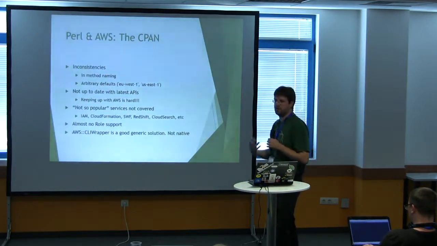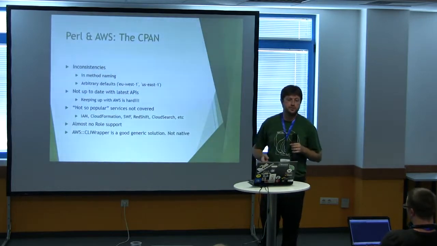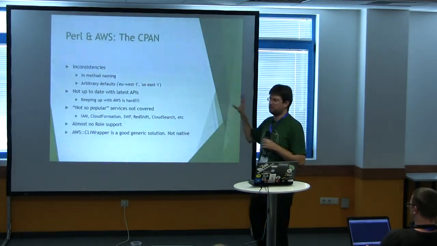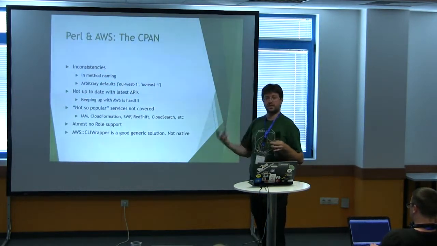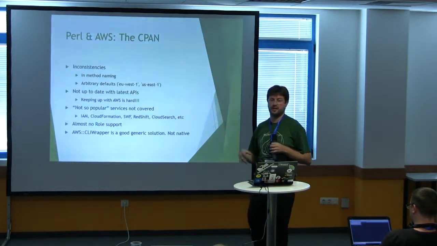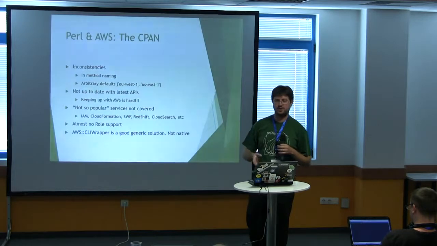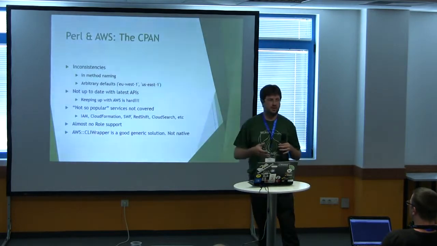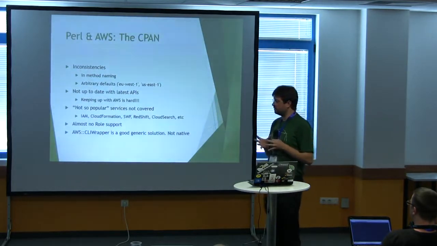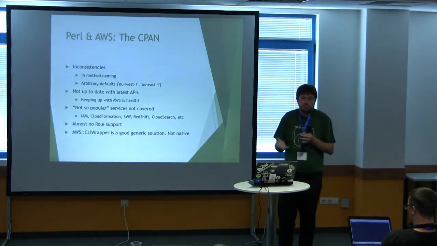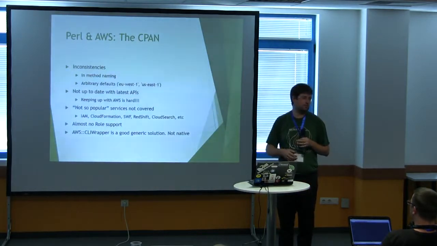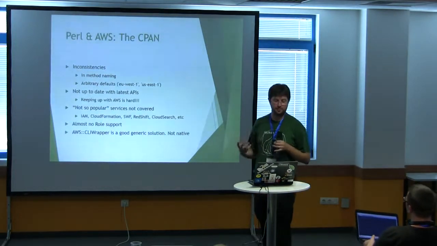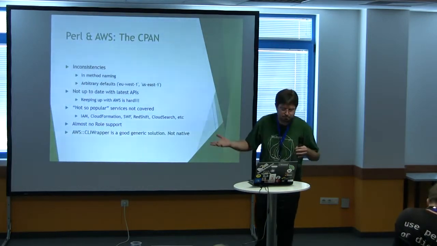And you also have to be aware of some arbitrary defaults. The author just said, okay, my default is okay. You can consume services, the SQS service for example, in 3 locations in the United States or in Europe. So depending on the author of the module, he just selected the default that went good for him. So maybe you just instantiate a class and you're consuming a service in Europe because the author was European.